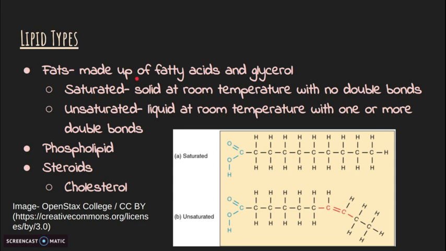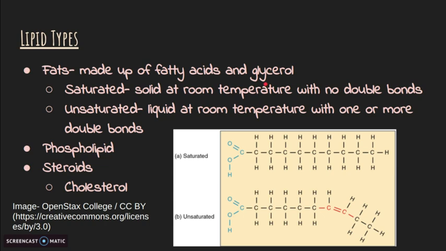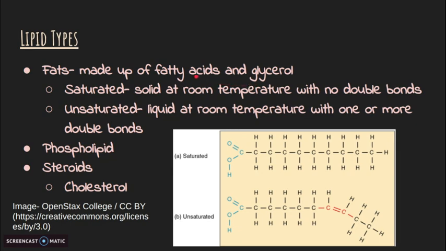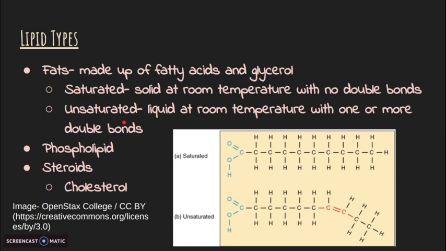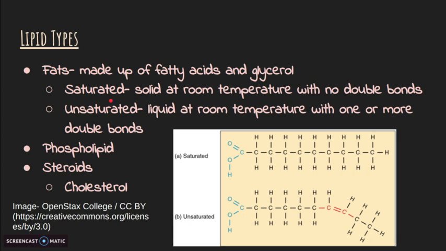So fats are made up of fatty acids and glycerol. These 2 things are often considered the monomers of lipids, and it's okay to think of this, but lipids do not really have a true monomer, but they're typically made of fatty acids and glycerol. Fatty acids can either be saturated or unsaturated. Saturated means that it has a lot of the